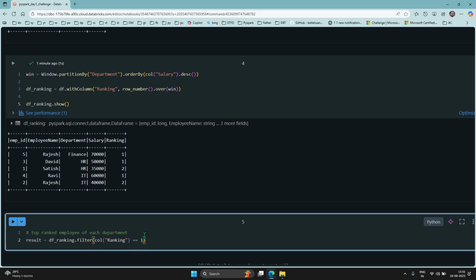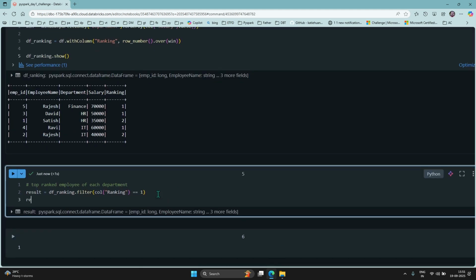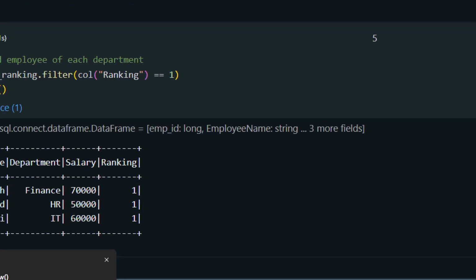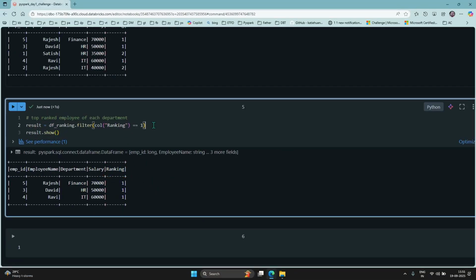I need to give a condition, right? In PySpark, you write the double equal to operator, which is the condition you mention. After that, result.show, and I'll execute. You can see the output. All the first ranks you are able to bring, and you are able to filter the data. But since you don't want the ranking column in the output,